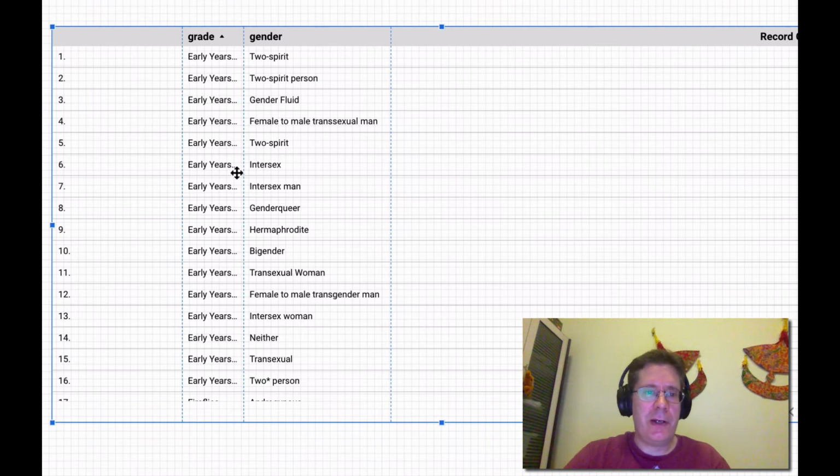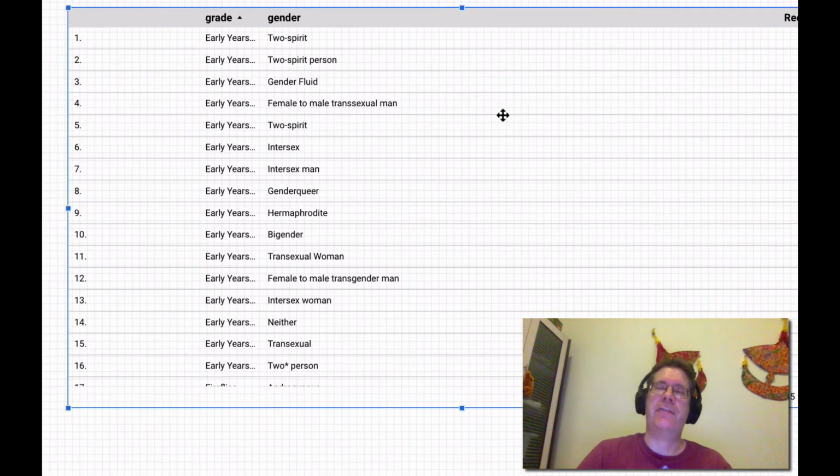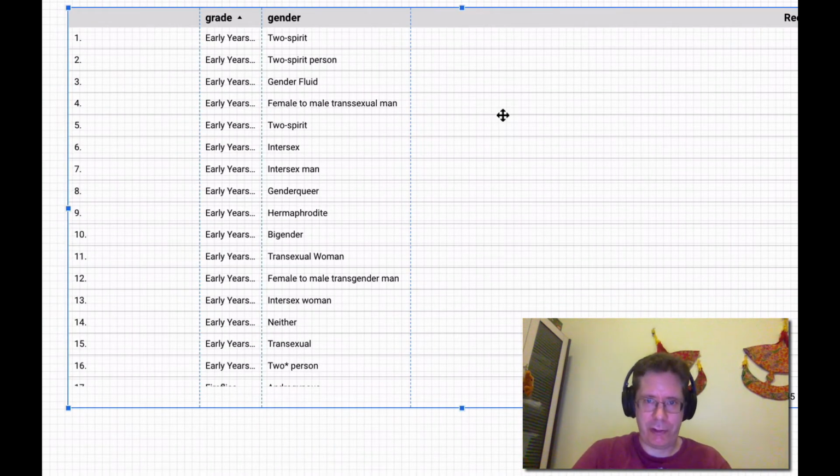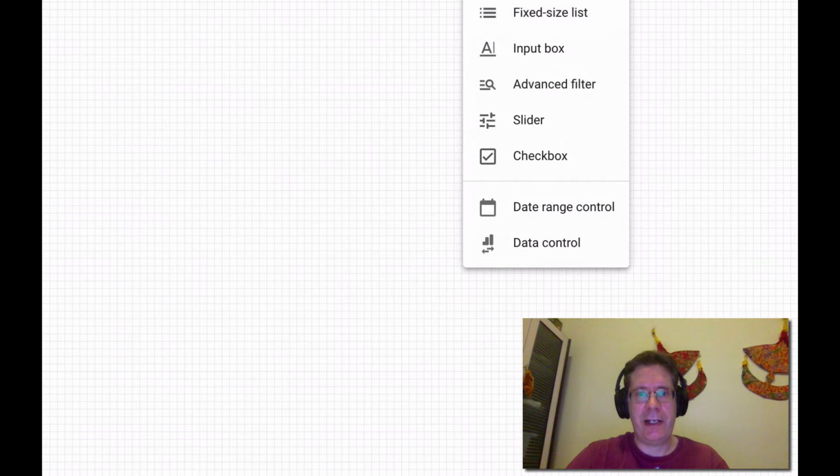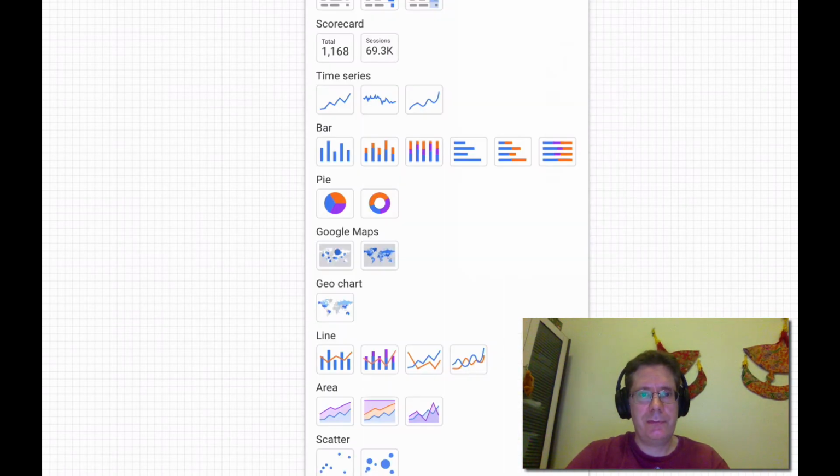And so like I said, I wanted to get a breakdown of genders by grade. And this is not the right kind of chart for me. What I need is a pivot chart, because a pivot chart takes data and organizes it in kind of an aggregate. So what I do is I add a chart, go to pivot table, which is down here,